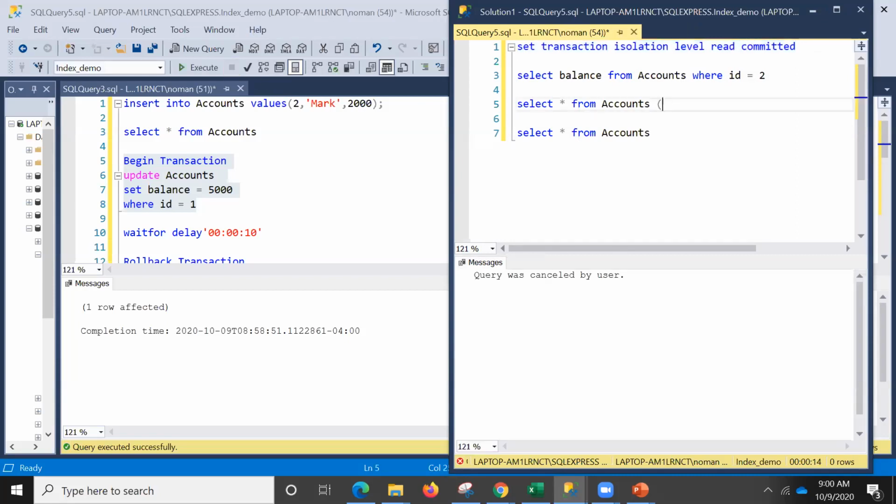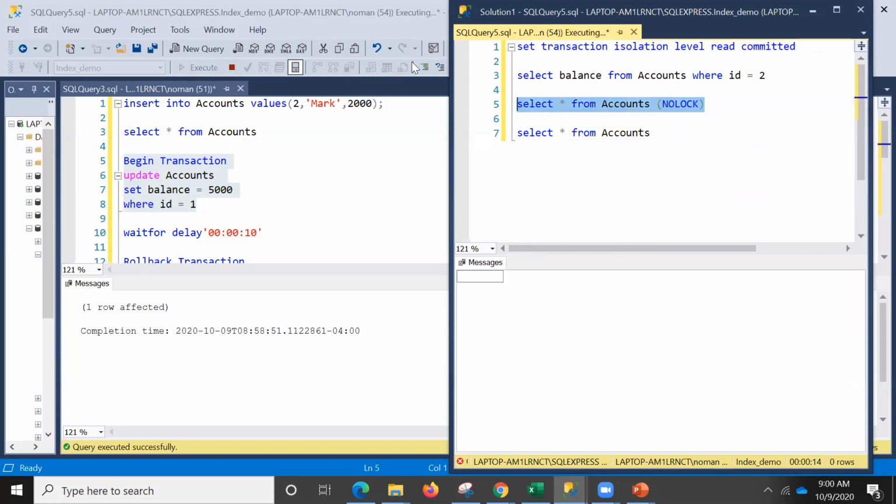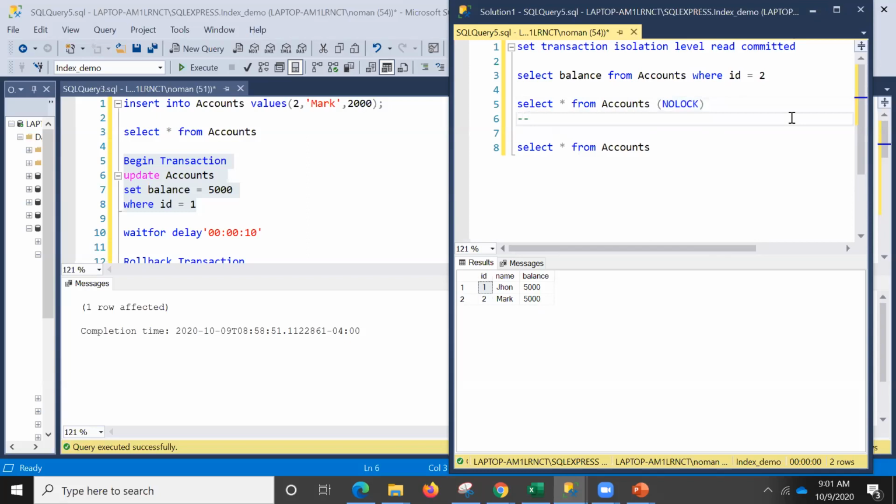What we can do is, if you come here and you write NOLOCK, even though it's committed mode now, right? It's in committed mode, and you go here and you run that. Now you get the 5,000. Everyone got the concept of NOLOCK? So NOLOCK is, you can call it, I'll just write it over here in the content, NOLOCK is the overridden isolation level maybe.